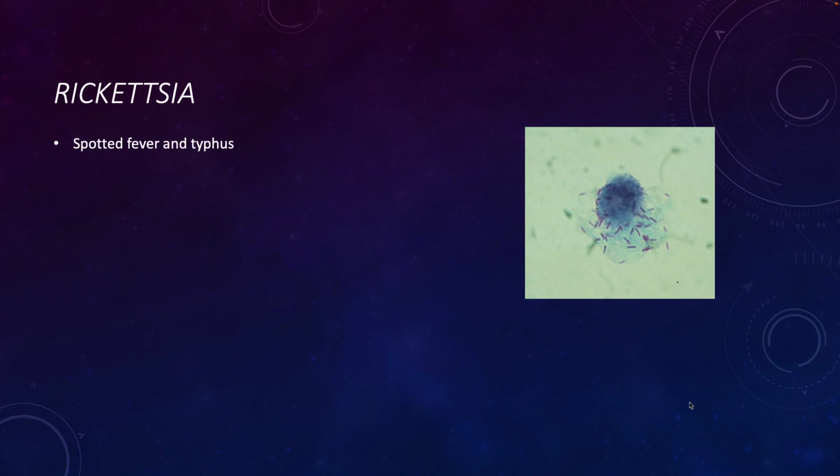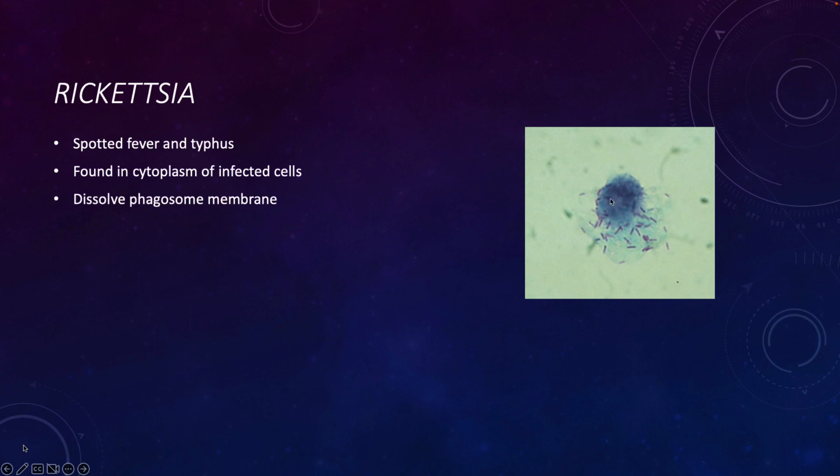and typhus. In general, the bacterium can be found in the cytoplasm of infected cells, which is what we see here. They can dissolve the phagosome membrane, and then again, they'll grow inside the cytoplasm, generally fairly slowly. They replicate every 9 to 12 hours, so faster than some of our Borrelia and Mycobacterium, but slower than a